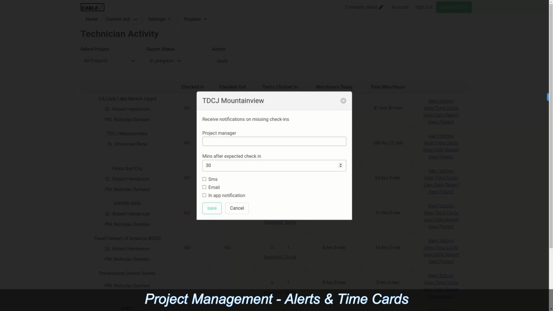And then we can say, hey, I want to receive an alert if my site lead has not checked in for 30 minutes, or whatever you select. You can change this to 5 minutes, if they haven't checked in within 30 minutes of the expected check-in time. So when you create a project, you can set the time for clocking in and clocking out. And if they still haven't checked in by the first check-in time, it'll send you either an SMS or an